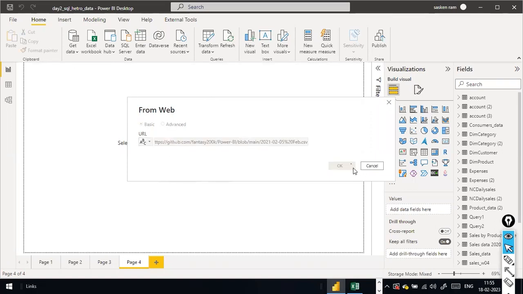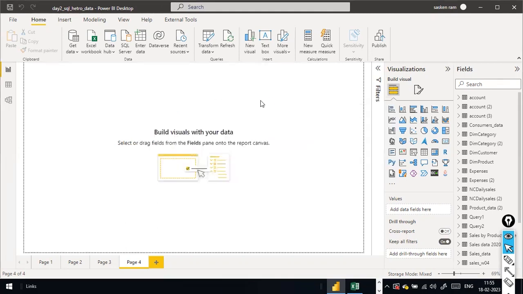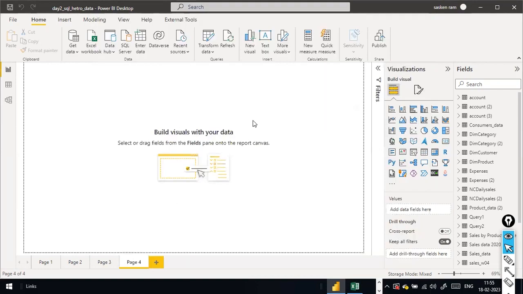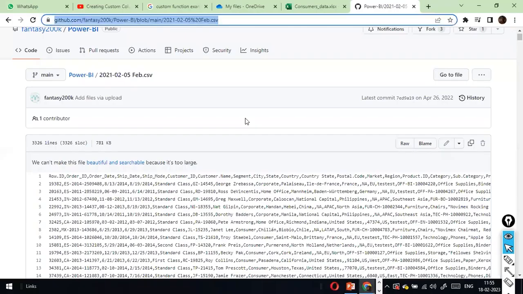GitHub.csv. When I click on OK, it will open up a preview window. But whatever you see in the preview window is not helpful. You cannot see the data, and you will find something like HTML tags, and most of them are not much helpful here. You just click on cancel, and in the case of a CSV file, you need to click on the raw button